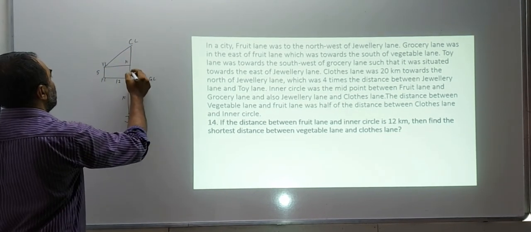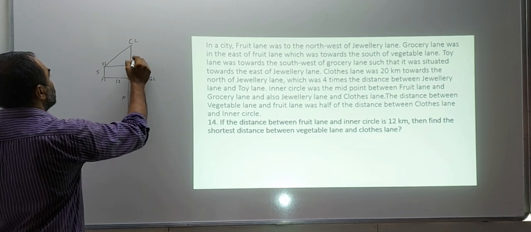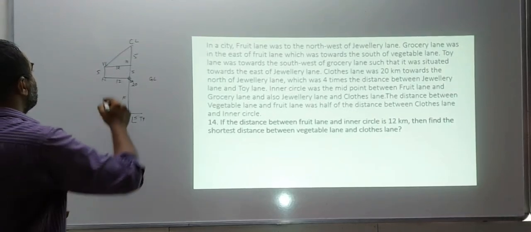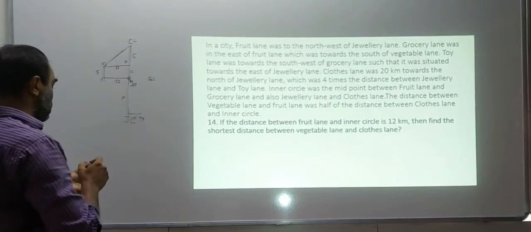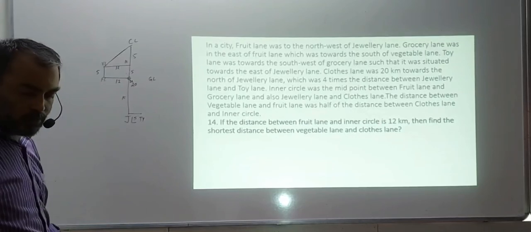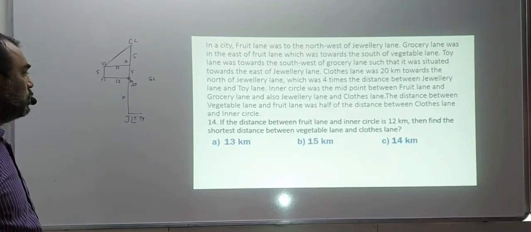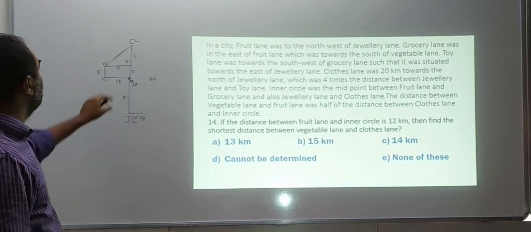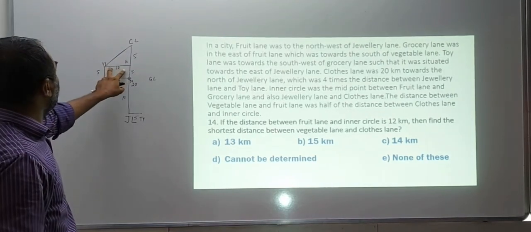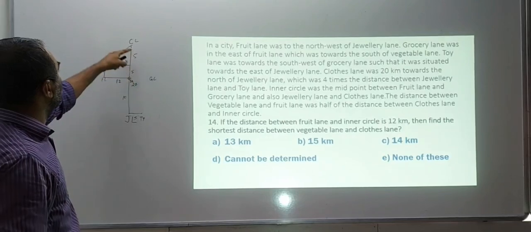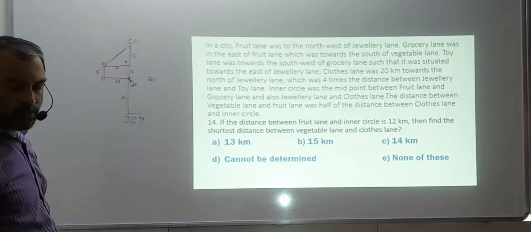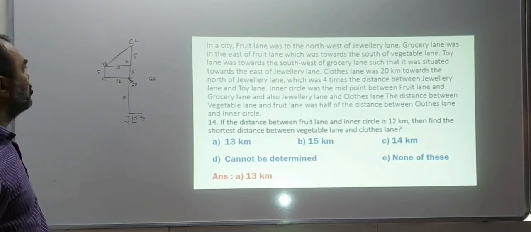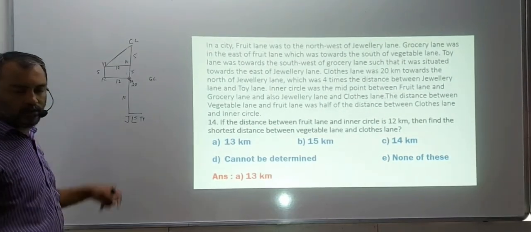So this was given 10. This is 5. So this will be 5. This will be 12. So for the shortest distance, use the Pythagoras theorem, and I will give you the options now. 13, 15, 14 kilometer, minimum of this. So if you see, this is a right angle triangle, 144 plus 25 is 169. Square root of 169 should be 13. The answer should be 13 kilometer. So this data is correct, I guess, and this is the figure.